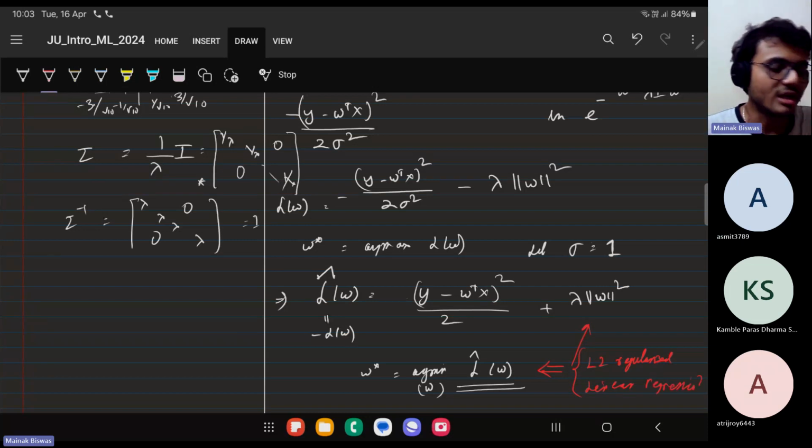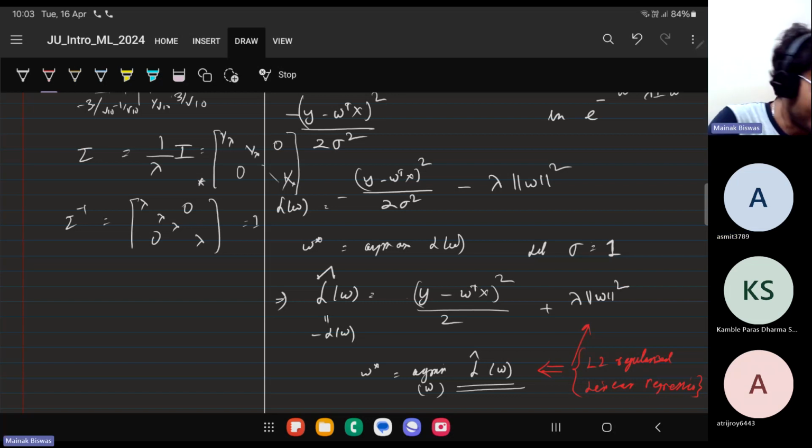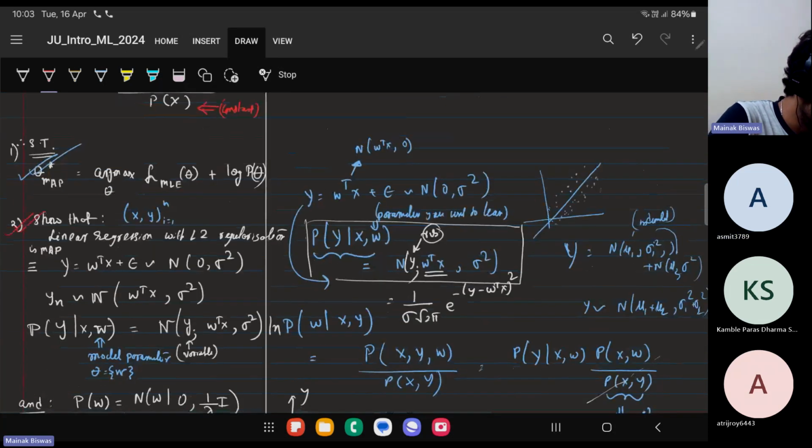So L2 regularized linear regression is nothing but a maximum a posteriori estimate with a diagonal covariance matrix, where you are taking gamma lambda, or the weights, to be small. This is where it comes from. So now, this became MLE, I showed this. Finally, if I